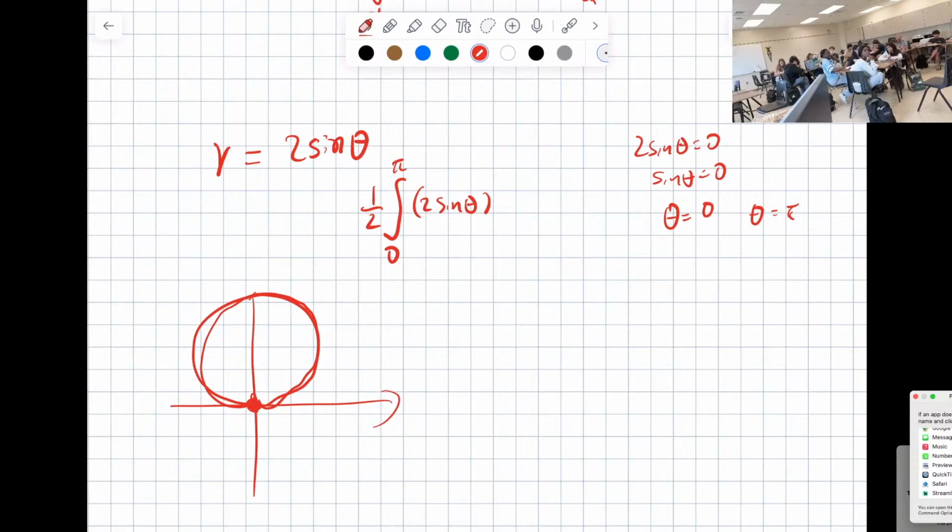That's why you set sine of theta equal to 0. 2 sine theta equals 0. You said it equals 0. Okay, so